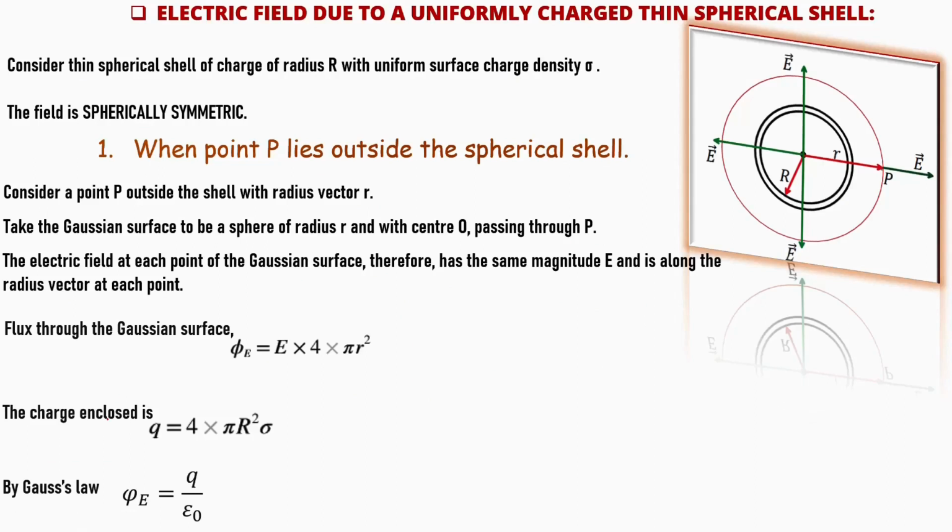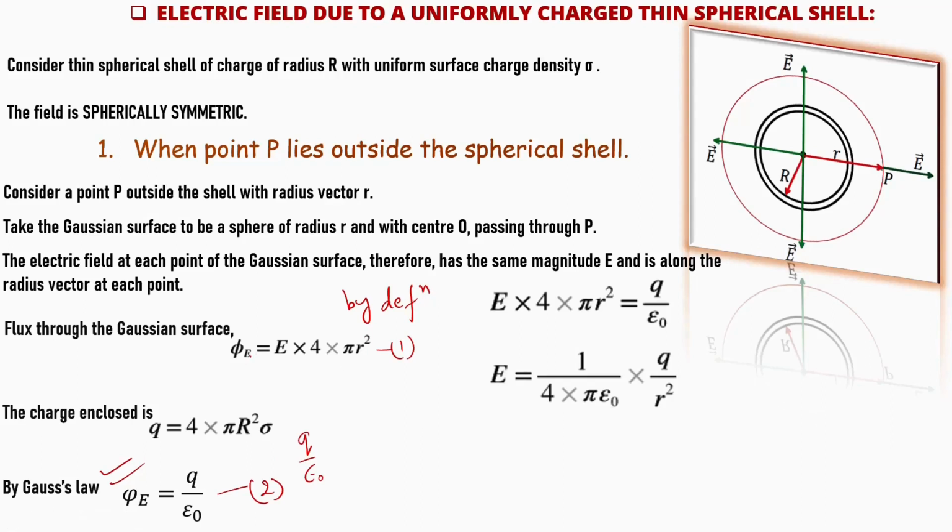Now next, what will be our third point? The third point is that by using Gauss law, we write the formula of the flux, that is flux is equal to charge upon epsilon naught. So we have two formulas: first, flux by the definition, and second, flux by Gauss's law. We have to equate these two equations. On equating, the LHS is equal, so the RHS must be equal, that is E into 4 pi small r square is equal to Q by epsilon naught, and on rearranging, E is equal to 1 upon 4 pi epsilon naught Q by r square. So this is nothing but the electric field intensity due to a point charge.